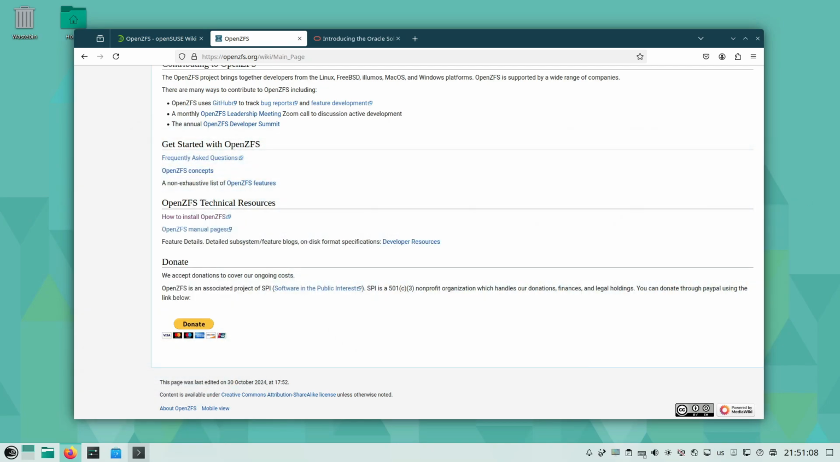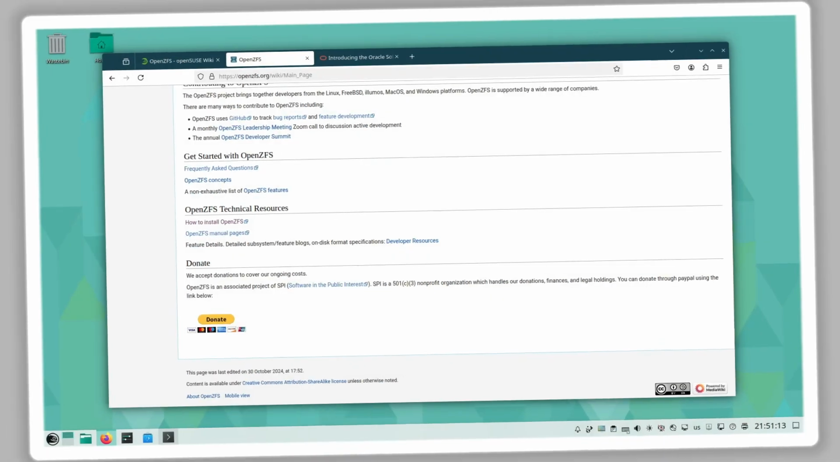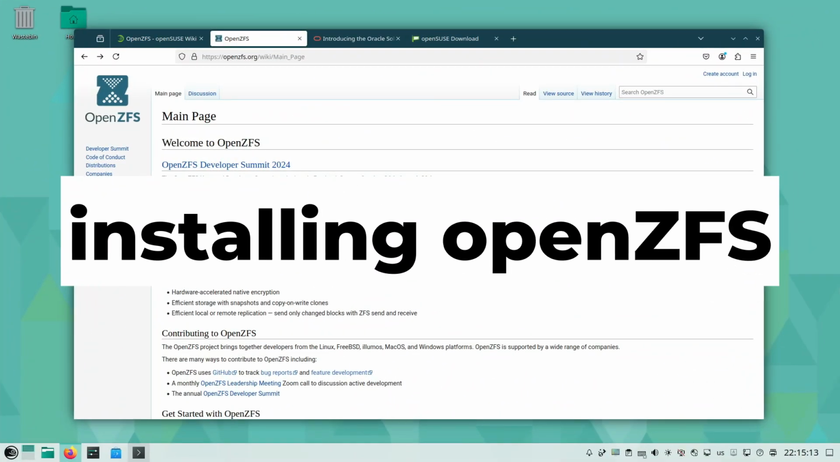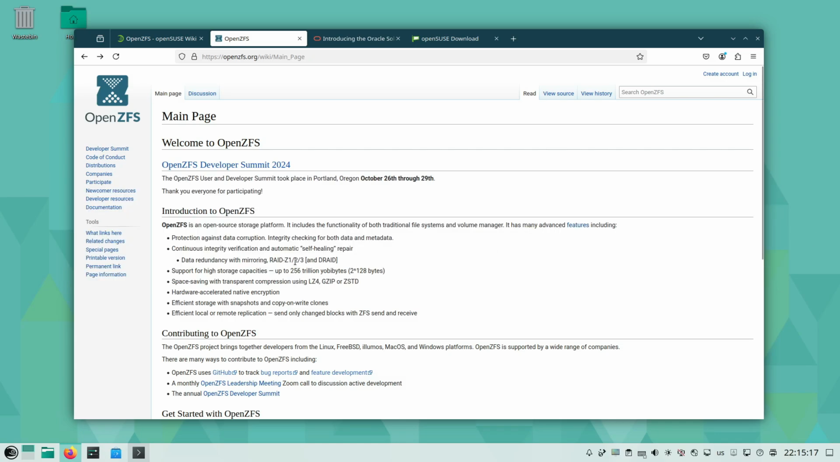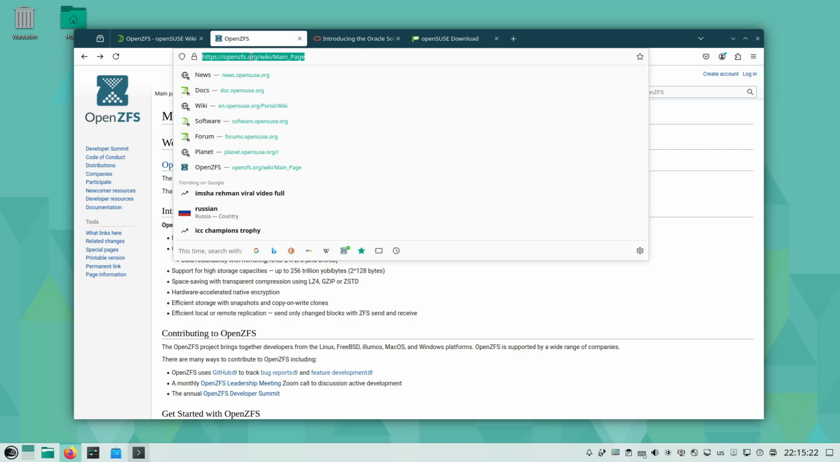So let's move on and start our journey with ZFS on our system, openSUSE Linux. So now let's start with the installation of the OpenZFS file system on our machine. First thing, you can go to this path. If you just open